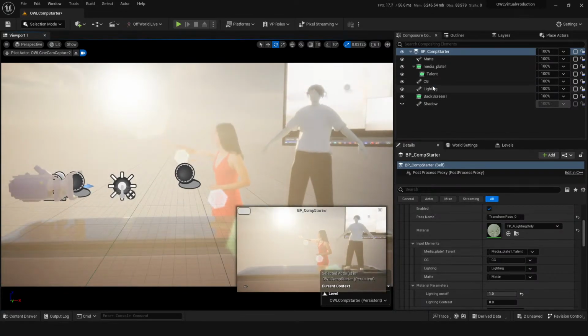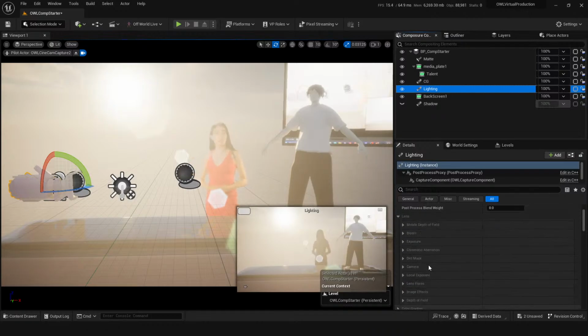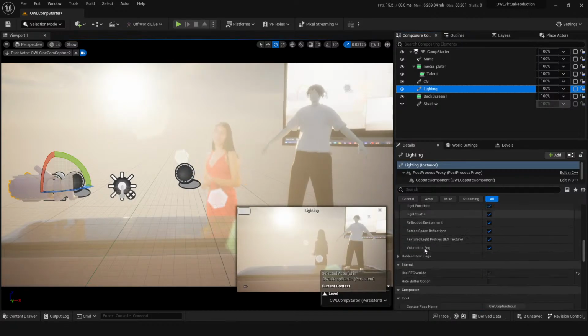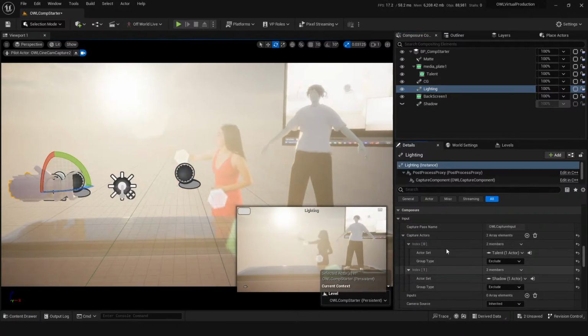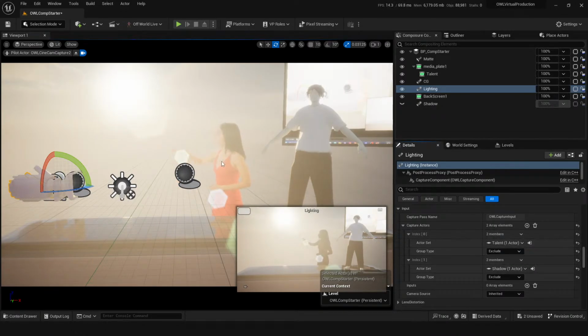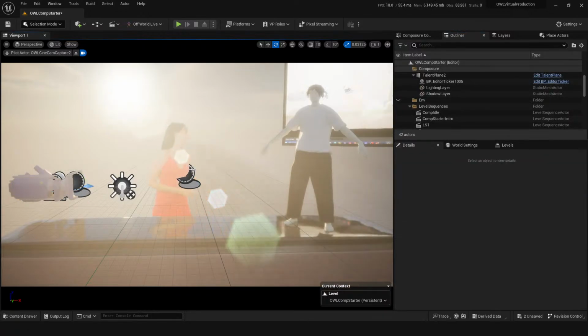The way I'm capturing this lighting one is that I'm using the show hide actors from this input. So you can create a CG element. Let's create a regular AL CG element, and I've gone to capture actors, and all I've done is excluded this main talent plane, the albedo of the talent. I've also excluded a shadow layer, which I'm yet to implement. What this means is this CG element is going to be capturing all the lighting in your scene, but not the albedo of your talent, so it's just capturing this black and white version, because if we go to this here,